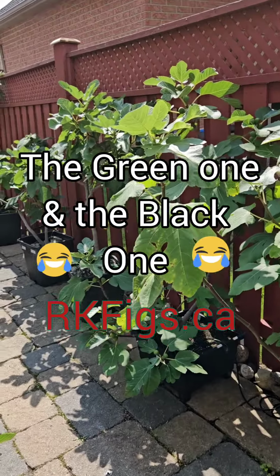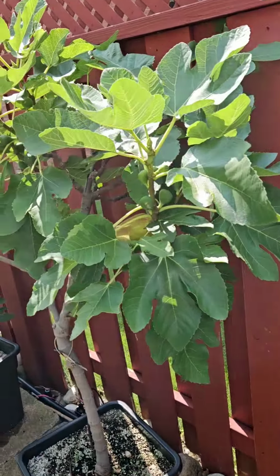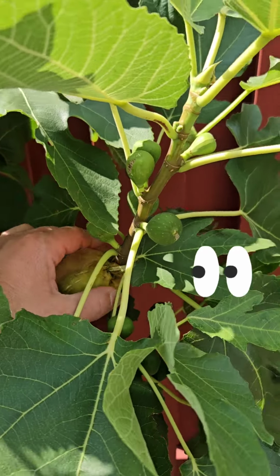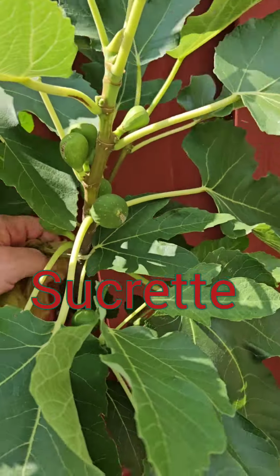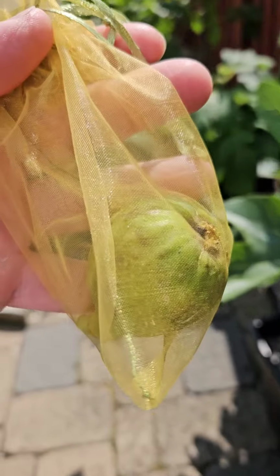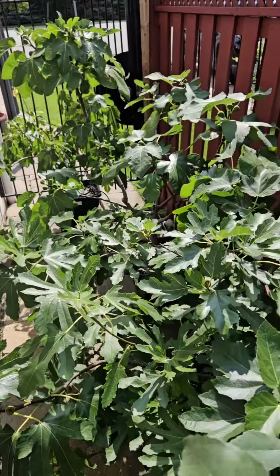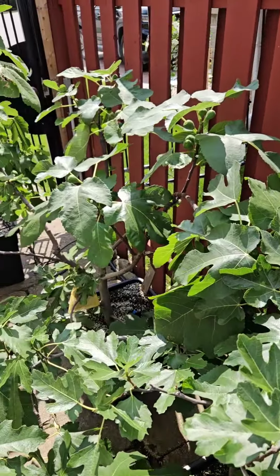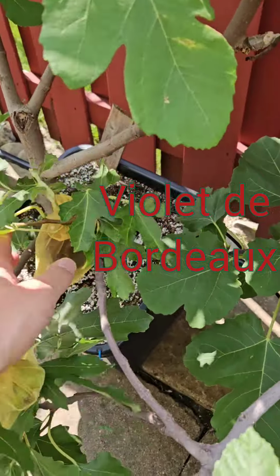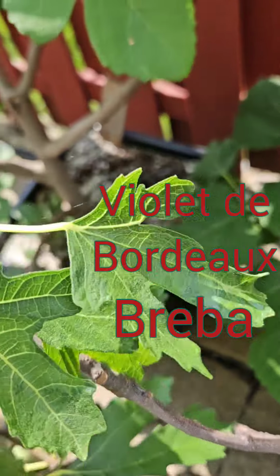Beautiful Sunday morning. Weather is just fantastic. And we got two brebas, not one, to pick. We got a sucrete breba, which is always absolutely phenomenal. And we got a beautiful Violet de Bordeaux breba right here, which probably could use another day,